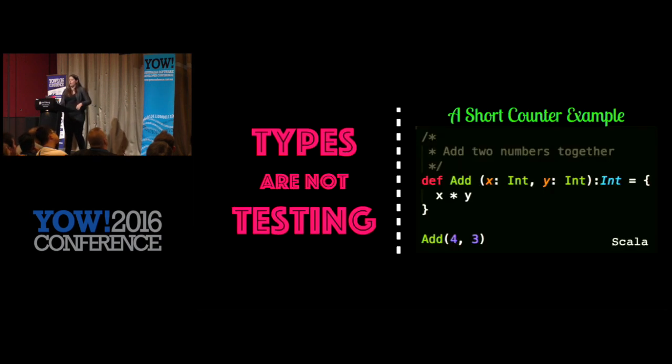Okay, I'm going to pause really quick and have a bit of a rant-a-festo. Types are not testing. I actually really like typed languages. I actually don't really like dynamically typed programming languages. I program in everything though. I've shipped code in 10 plus languages, so whatever. I just want to put my bias out there. I really like typed programming languages personally. But they are not testing, because types can only verify at compile time the expressiveness of your type system.